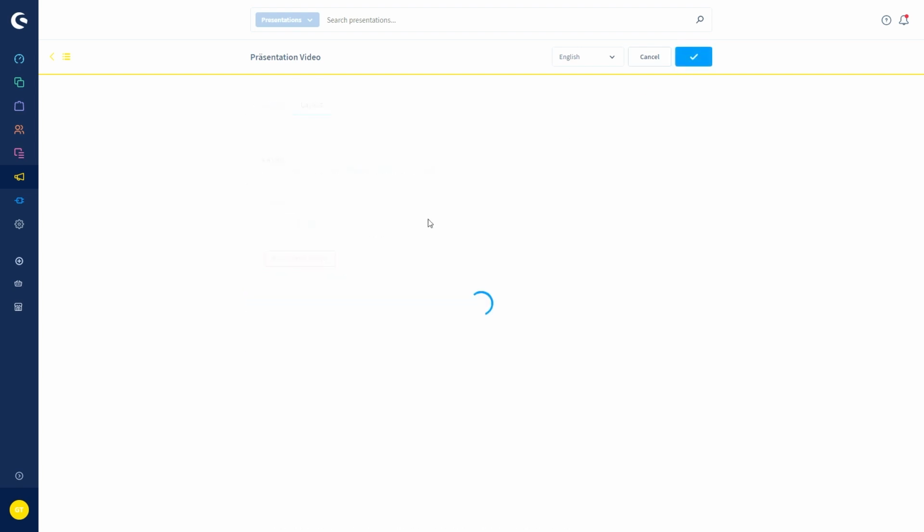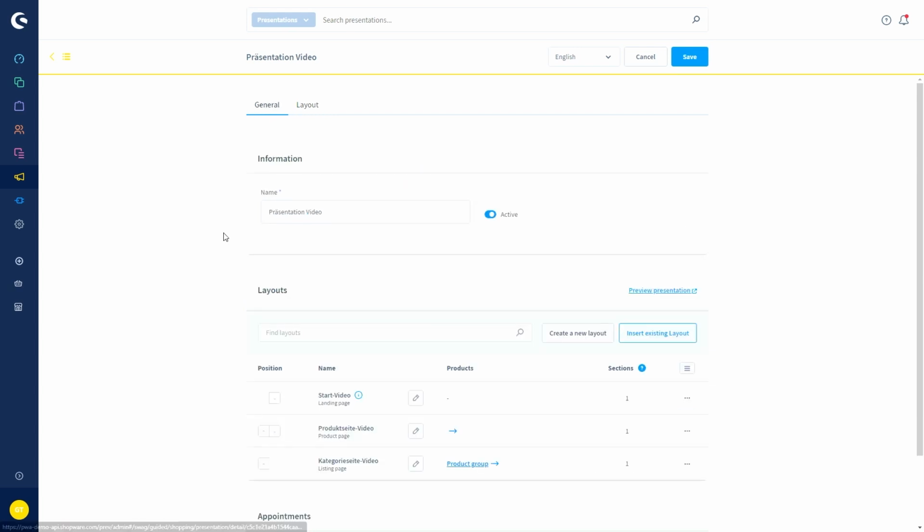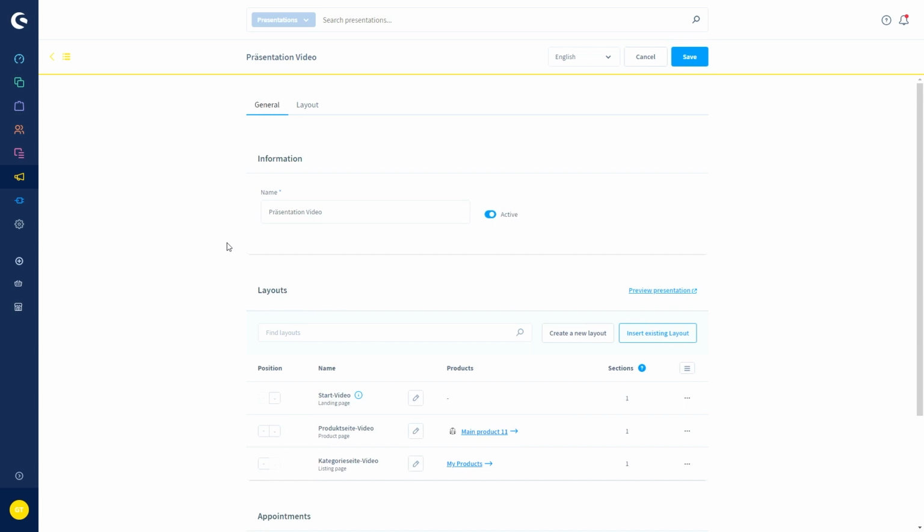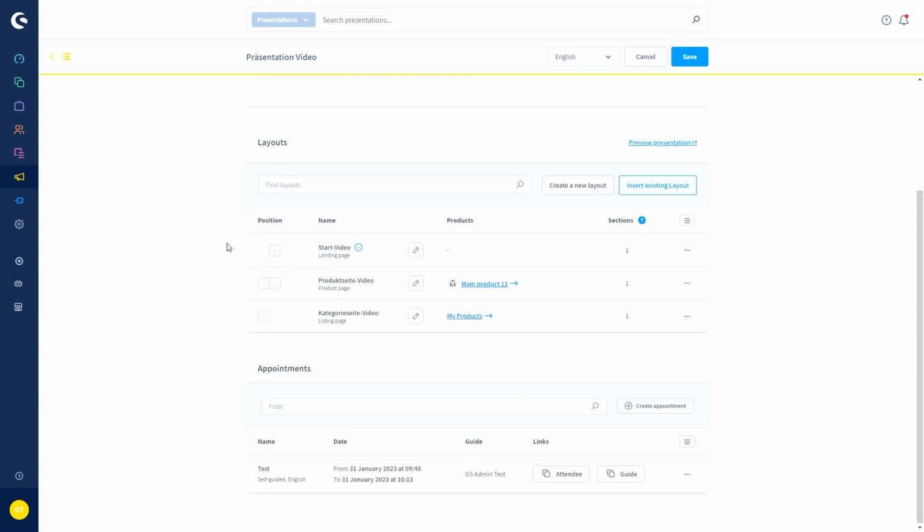Don't forget to save, and you can then go back to the general editor. You can do this with every single page, so you don't have to go into the shopping experiences and edit the things you want to edit there. Just click on the overwrite content button, and then you can edit the pages there.